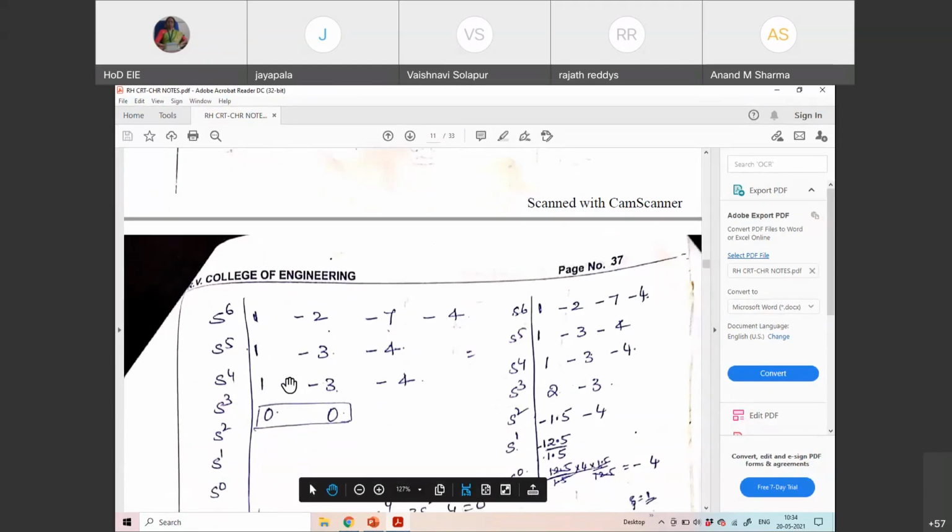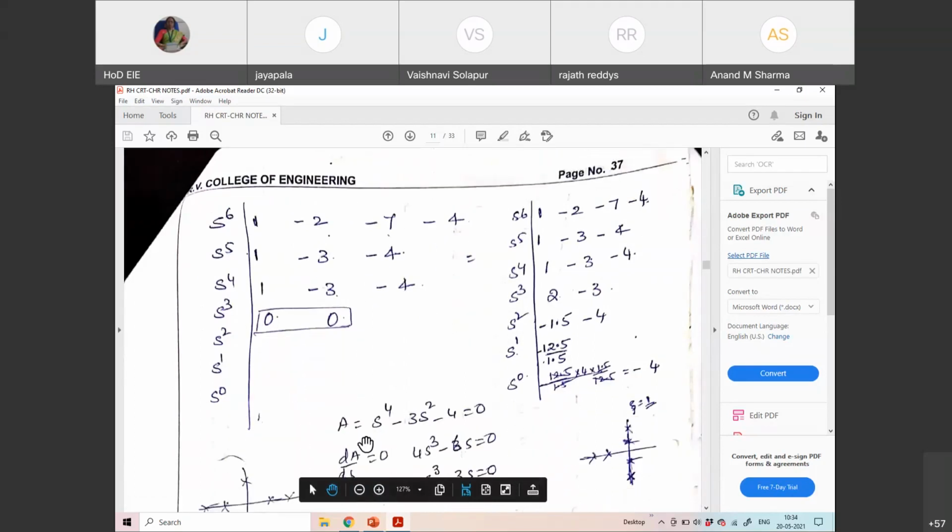Then solve your auxiliary equation assuming s square is equal to x. Find the values of the roots of s square. Then because s square is something, you will be getting 2 roots from there, and you can find 4 roots for the s to the power of 4, same as what we have done. Find the frequency of sustained oscillations.